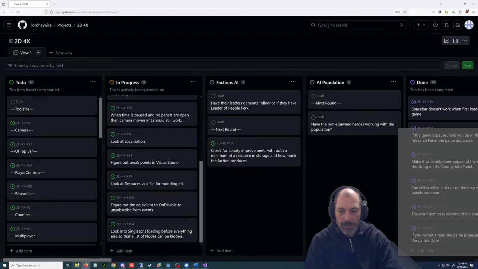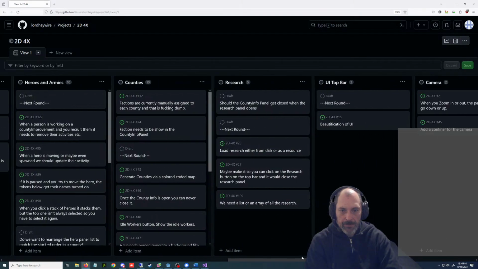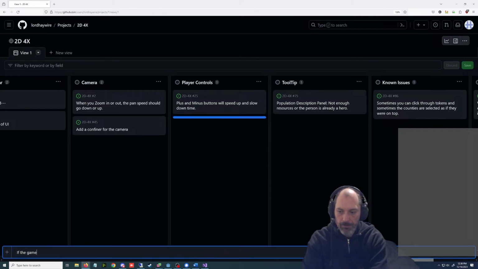I don't even know where to put this. This is going to be under player controls. If the game is set to start paused, the event log is hidden before everything starts and it gets a bug.